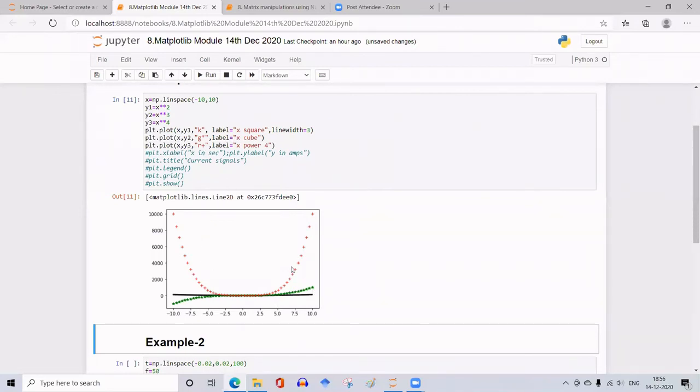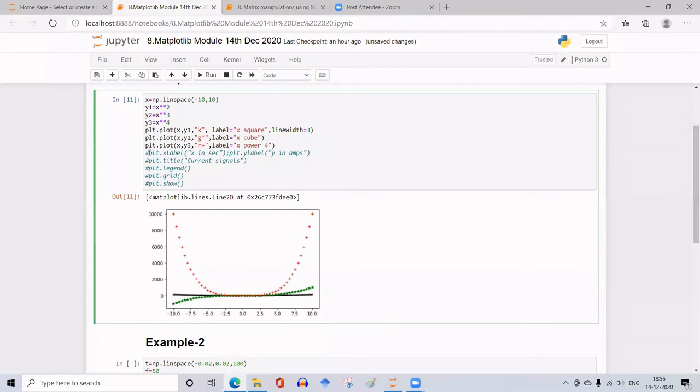All the 3 plots I have got, but I want to put an X label or Y label. To include the X label and Y label, plt.xlabel, then write whatever you want to label it as a string. So now I am labeling the x-axis as x in seconds. Then I can continue on the same line with a semicolon. This will treat it as a